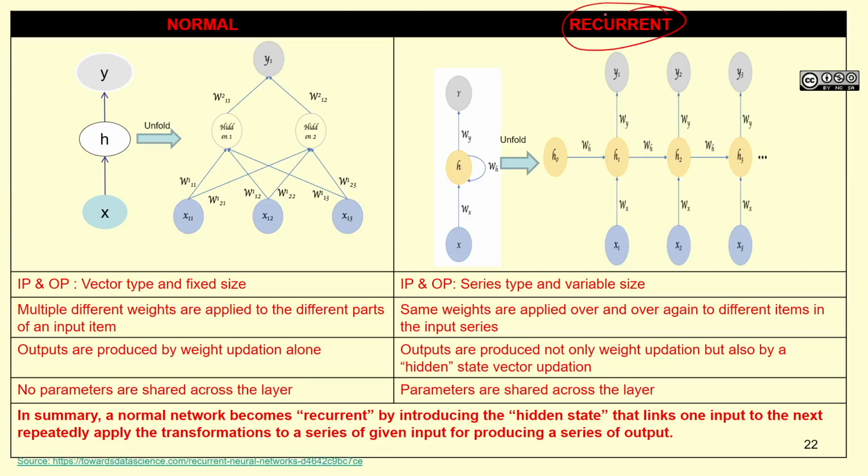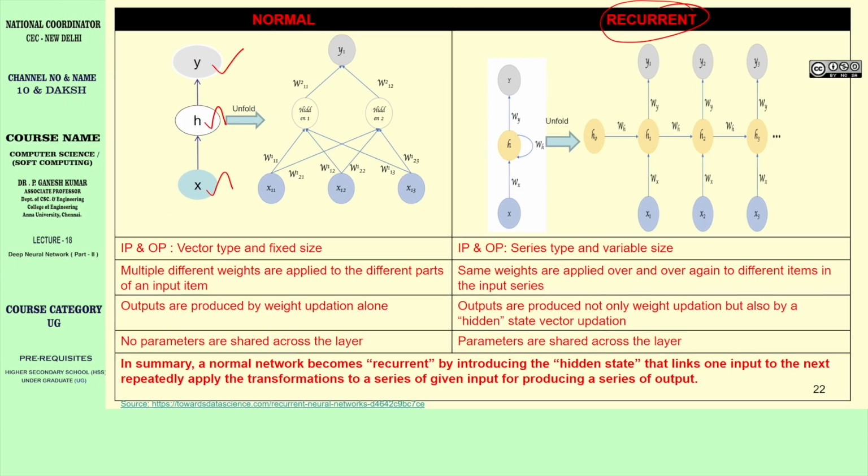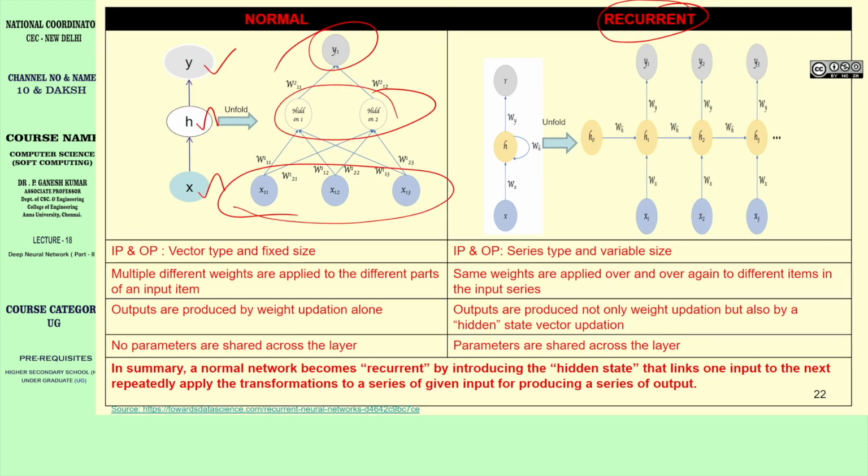So, how is the recurrent neural network different from the normal neural network? If you look at the normal neural network, you have the input layer, hidden layer, and output layer. So, in general it has 3 layers, and you can have any number of hidden layers, but it is not with respect to the state. All hidden layers have the same state. See, a set of input layers, hidden layer, and output layer. So, this is the normal neural network. But when you look at it,